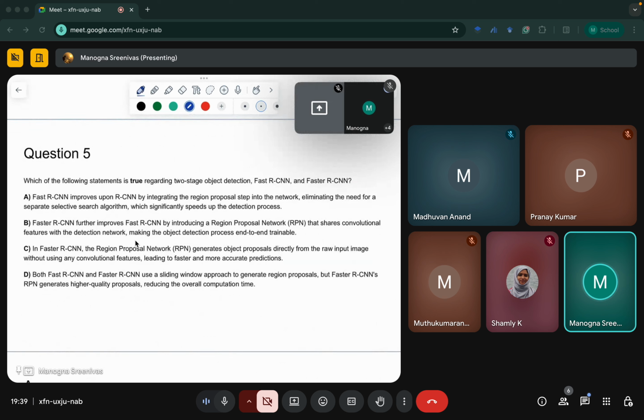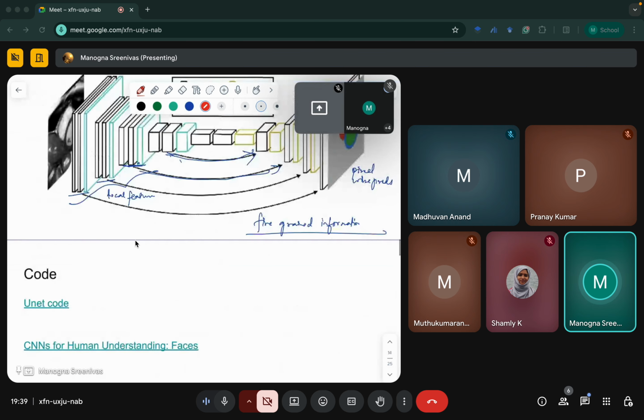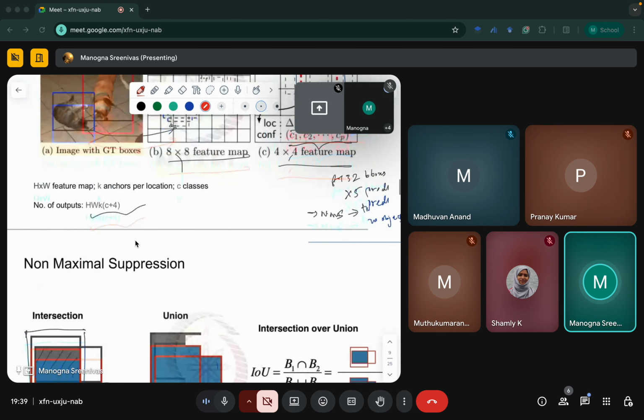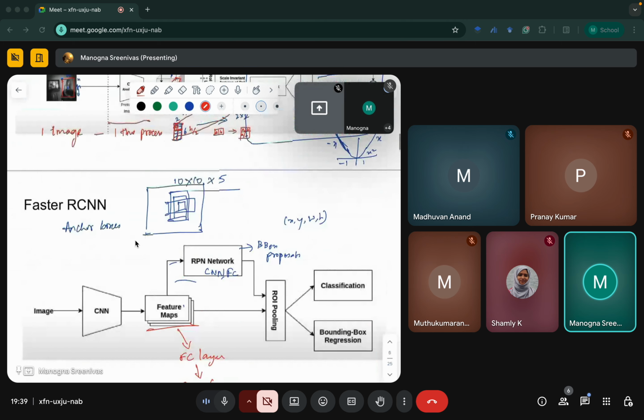Okay, what about the third statement? Third one. Now I wonder why it is an end-to-end network. Okay, let's just ignore that part. It is not properly meant for that. I know they do train it in different stages. That is, they first train the RPN, then they train the CNN, then they do it together or something like that. But my point is,